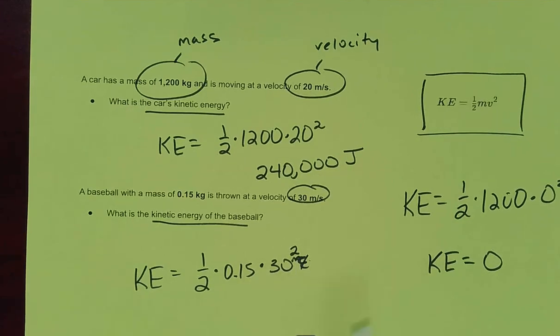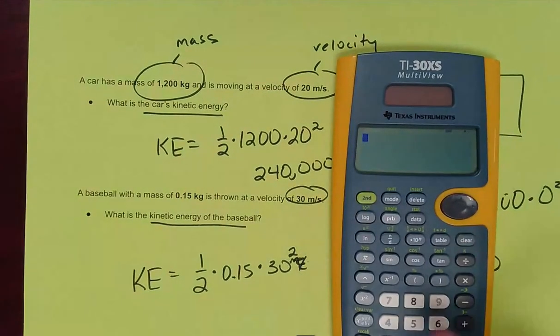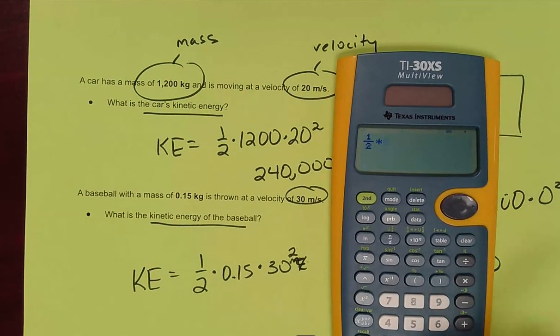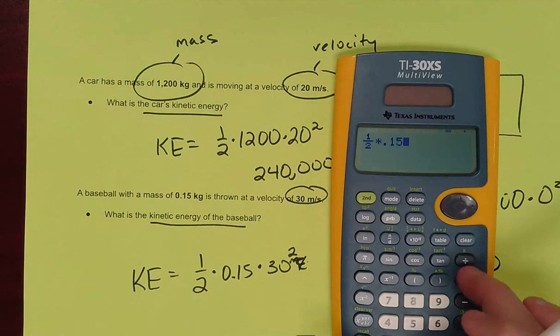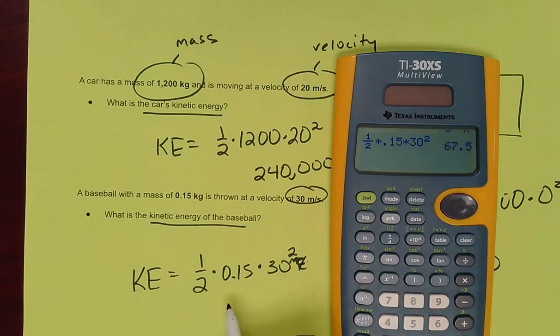Okay, so there's my formula, half times the mass times the velocity squared. Put this in my calculator. Fraction half times 0.15 times 30. My squared button gives me 67.5